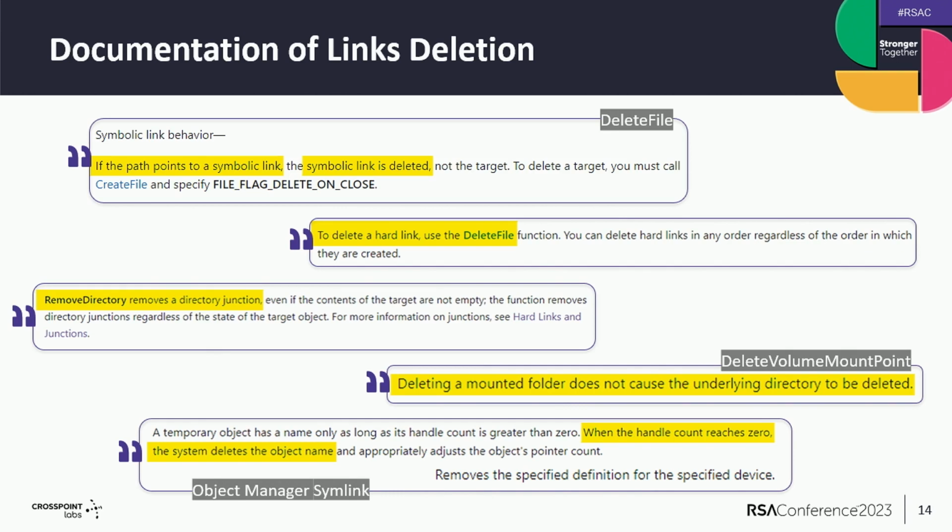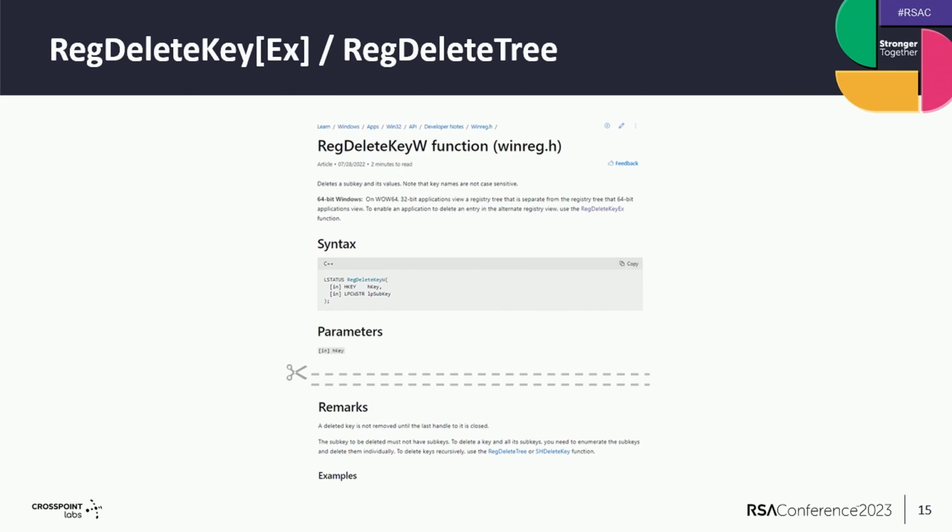Similarly, they have done that for other links where, for example, for the hard link, they tell you to use the function DeleteFile. For directory junctions, they tell you to use RemoveDirectory in order to delete the directory junction. And I guess you get the point here. So more or less, they have documented something about how to delete the link in Windows. But how do things look for registry symbolic links? Unfortunately, Microsoft does not provide any documentation for how to delete that type of links.